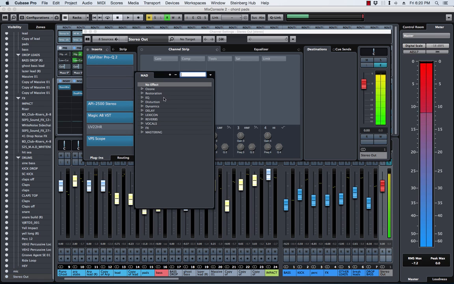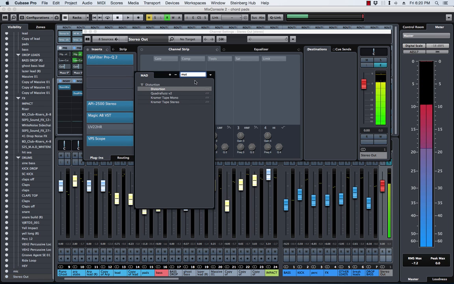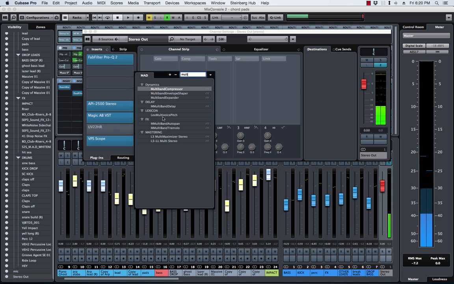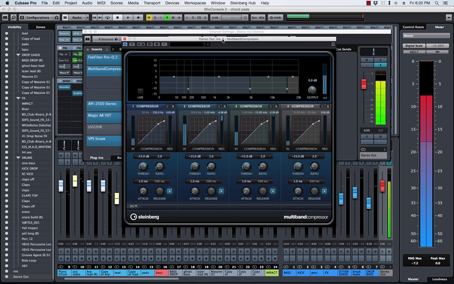The next thing that I want to add is a multi-band compressor, and I have tons of multi-band compressors, but one of my favorite ones right now is the multi-band compressor that comes with Cubase. And if I can find it, multi, there you go. Where is it? Multi, it was the first one. So now